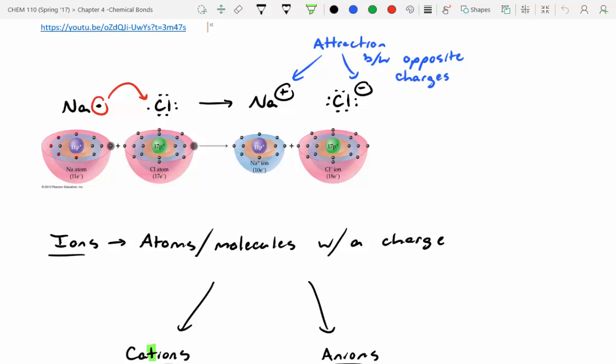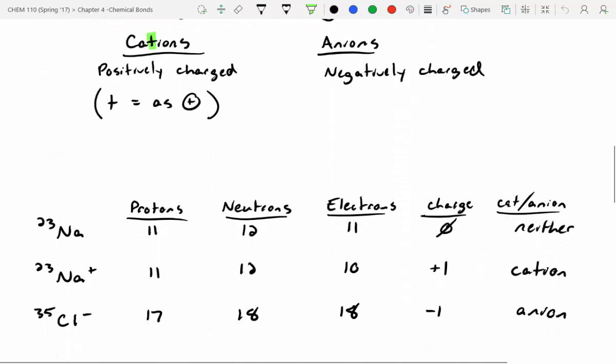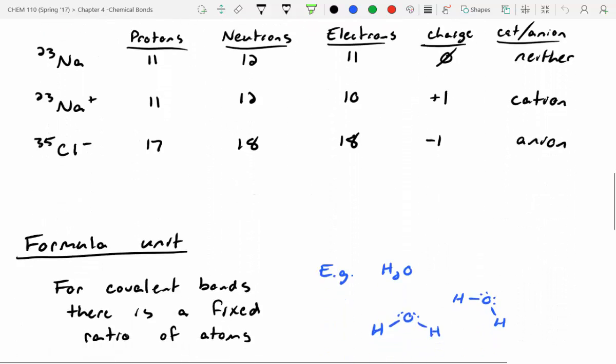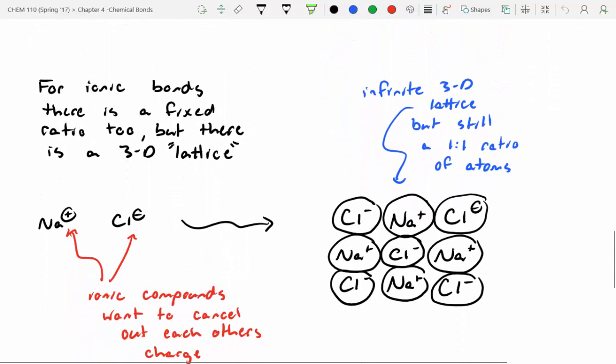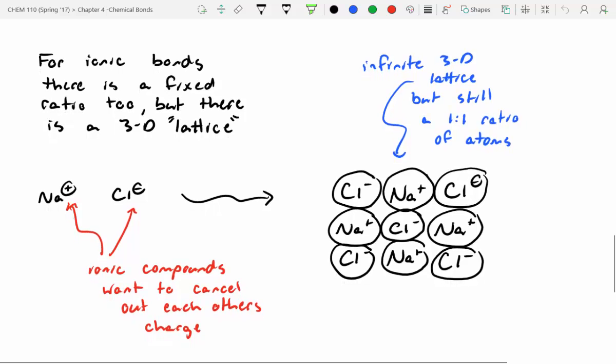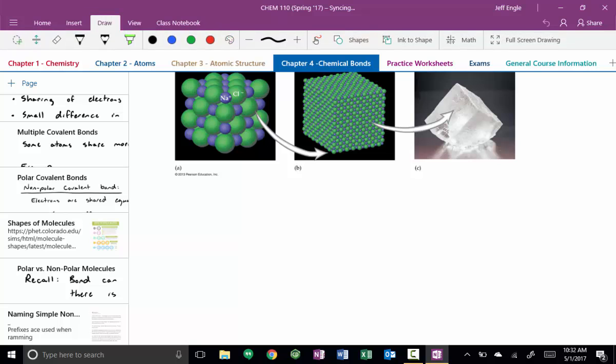So we looked at sodium chloride. We said cations always have a positive charge, anions are negatively charged. And they do have a formula unit. So in the case of sodium chloride, it's always going to be in a 1-to-1 ratio. And then later on, we went and we talked about